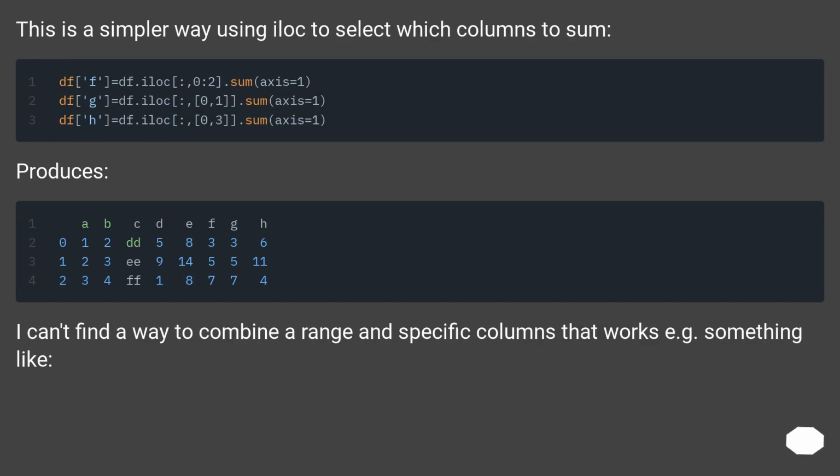This is a simpler way using iloc to select which columns to sum. Produces. I can't find a way to combine a range and specific columns that works, for example something like